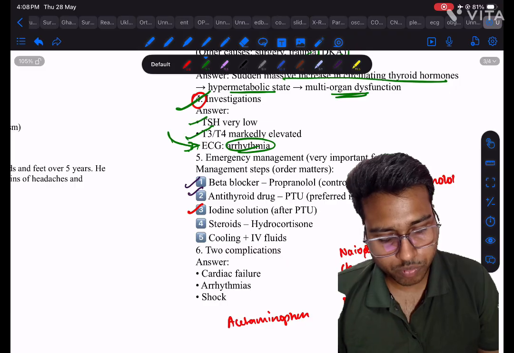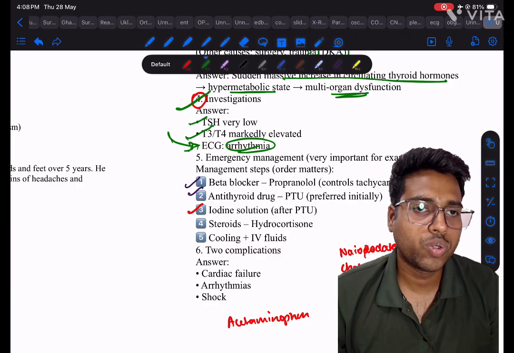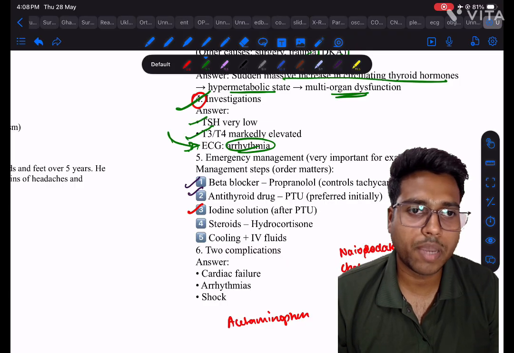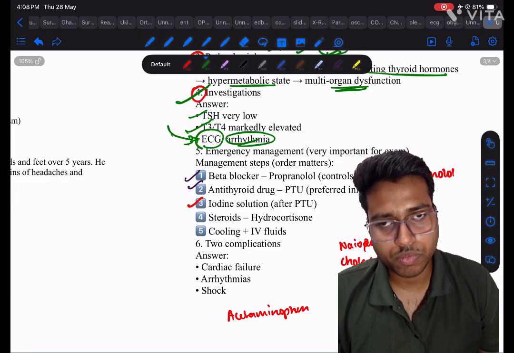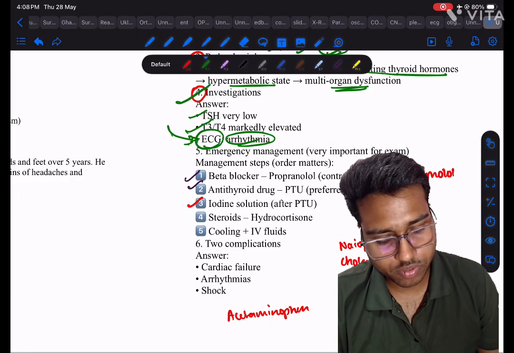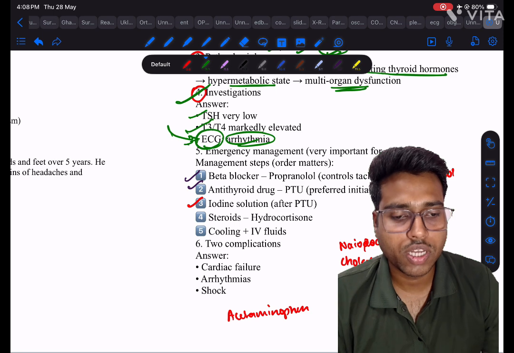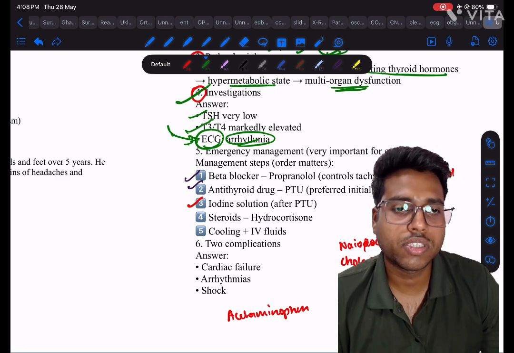ECG we do in one more thing, whenever there is MI, to rule out the hypo or hyperkalemia, we should do the ECG. Okay, ECG is very important for mostly cardiac causes and also the hyperkalemia cases.